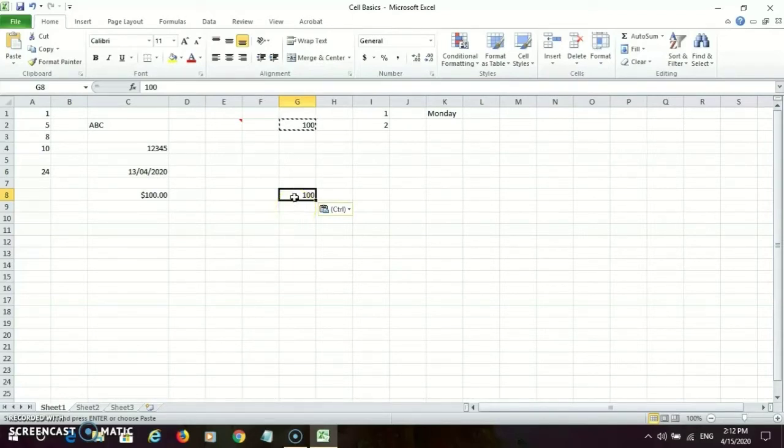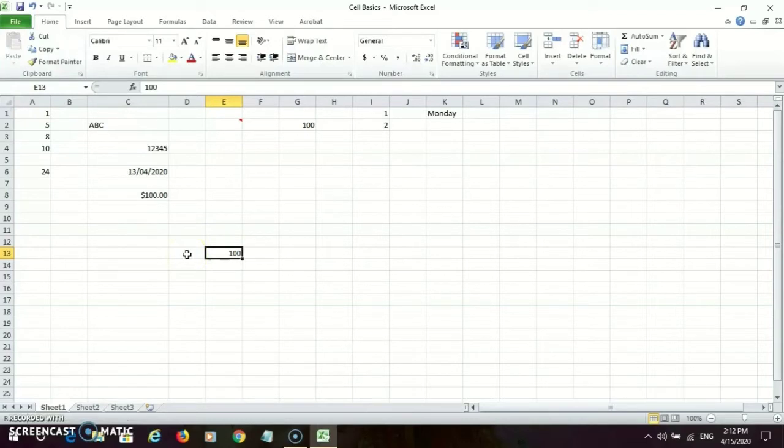Now suppose I want to cut this number from here to some other place. So what I'm going to do, I'm going to click on the cut command and I select the cell where I want to paste that and I click on the paste command.